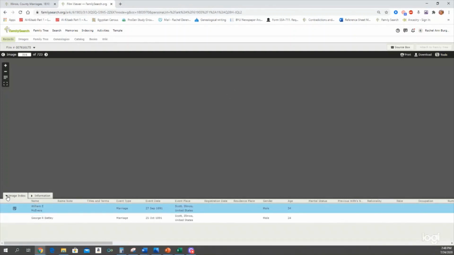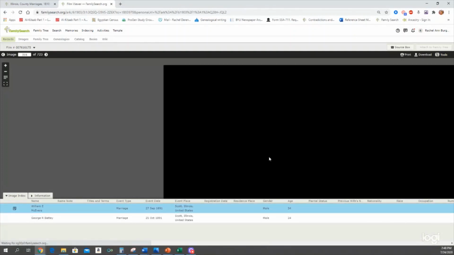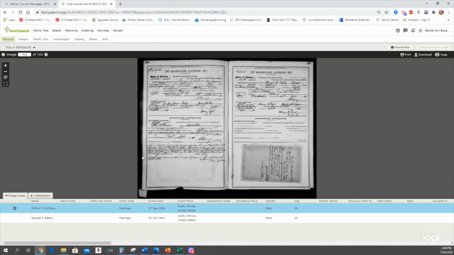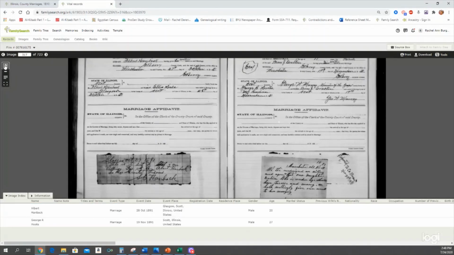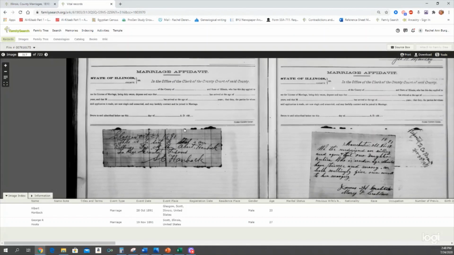And these records are very, very cool because you're seeing the actual, not in our ancestors that we're looking at right now, but in some of the other ones, you'll get the actual writing signatures of family. Look how neat that is. It just adds a little bit of that extra touch when you're writing the story of your ancestor's life. It's very, very neat to have something like this. And I've seen some that are very detailed. Like, this is my beloved only daughter. I love her so much.